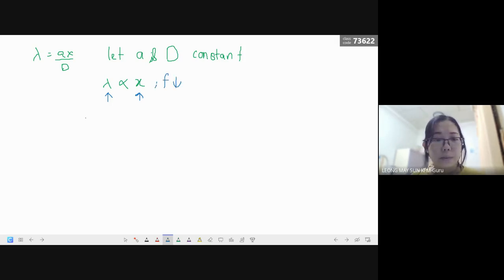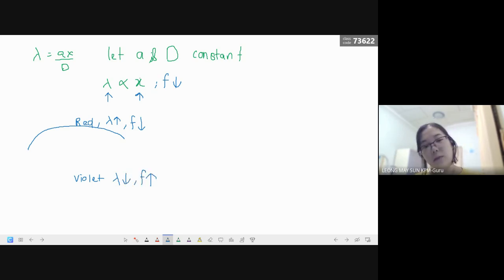Okay, now in terms of the rainbow colors, the top color is actually red. Red color has the highest wavelength. It has the lowest frequency. The bottommost color is actually violet. Violet has the lowest wavelength, highest frequency. Okay, so just now I analyzed frequency, sorry. So here, if I want to increase the wavelength, I have to move towards red color. When I move towards red color, my wavelength increases.